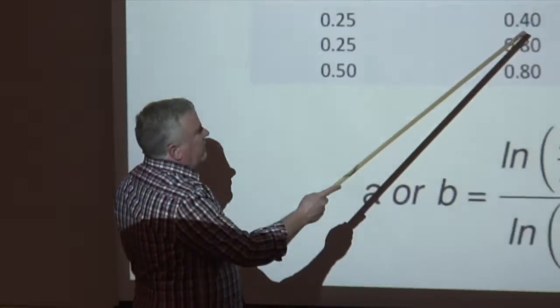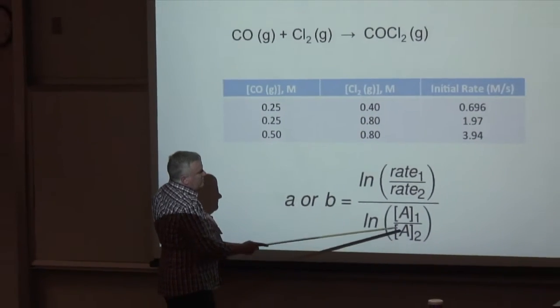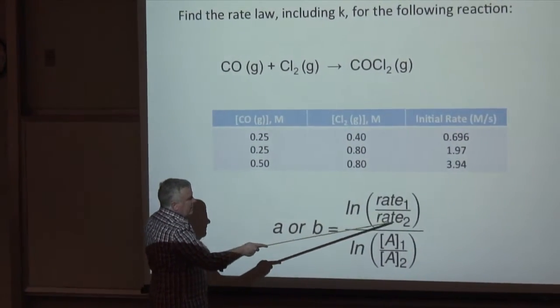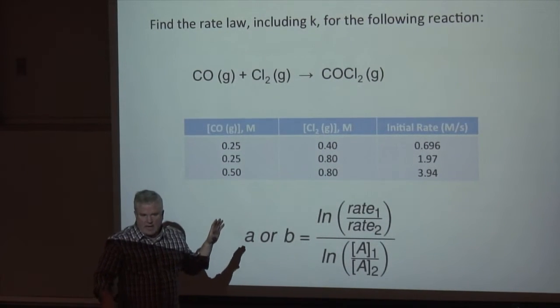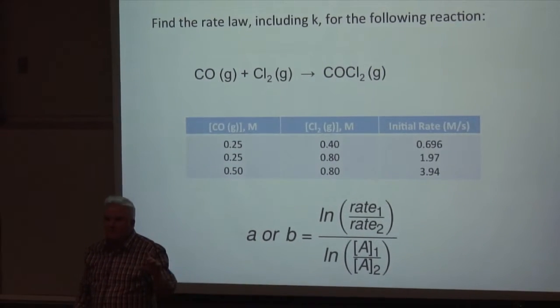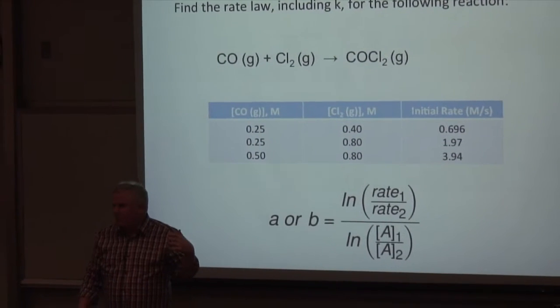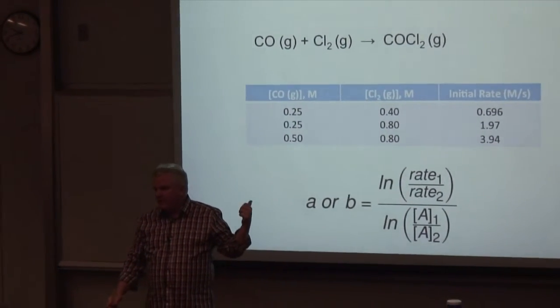It would go up by a factor of 8, because it would be 2 cubed, which is 8. Okay, so it's somewhere between 1 and 2. But if we throw these concentrations and those rates in here and do this, we actually end up finding that the exponent is 1.5. So the order is 1.5 for that particular